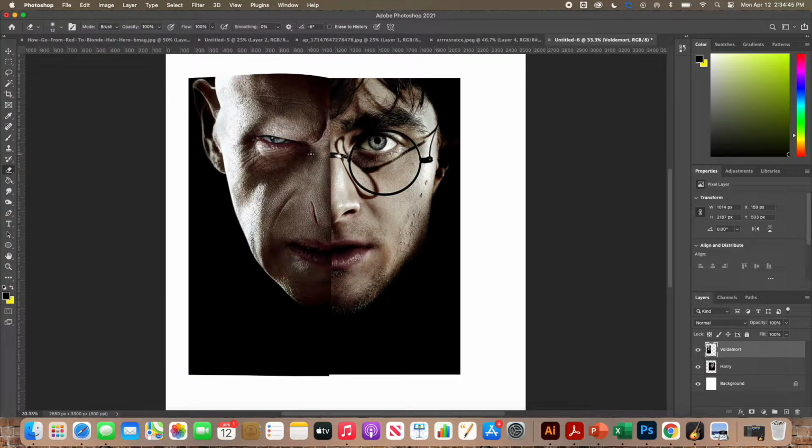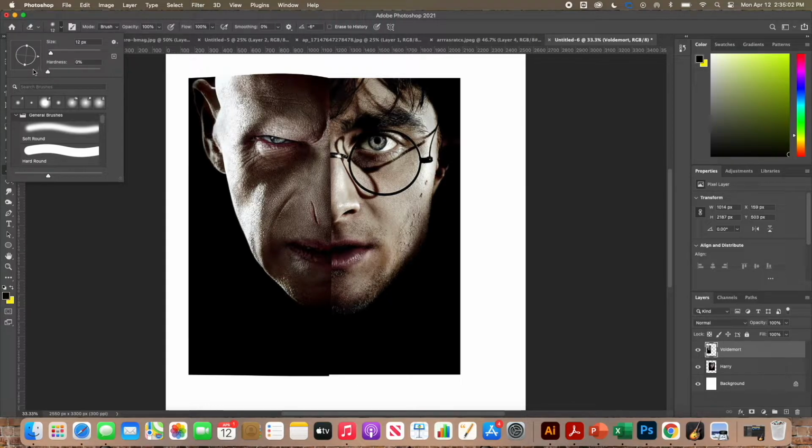Okay, so what I'm going to do now is I want to make this a little more seamless. Right now I still have a hard line where Voldemort's face meets Harry's face, and I want that to merge a little softer. So I'm going to take my eraser. I'm going to set my hardness to 0,